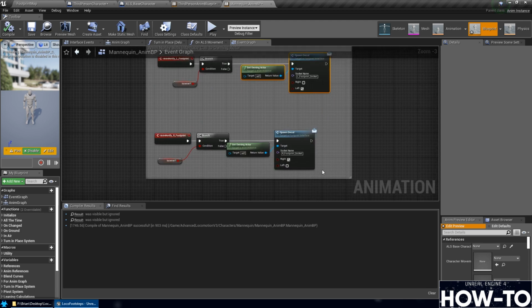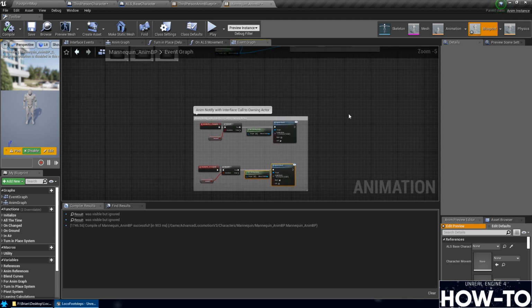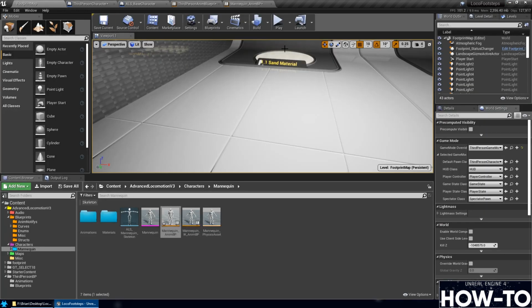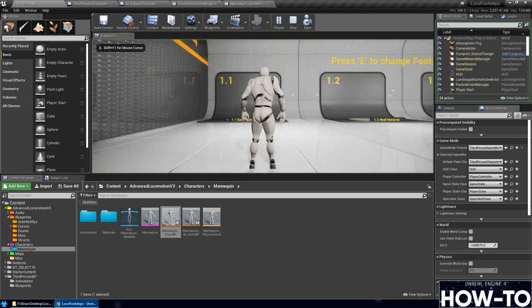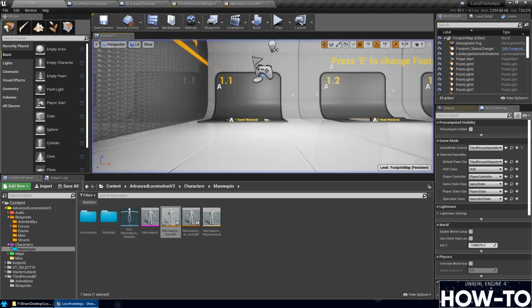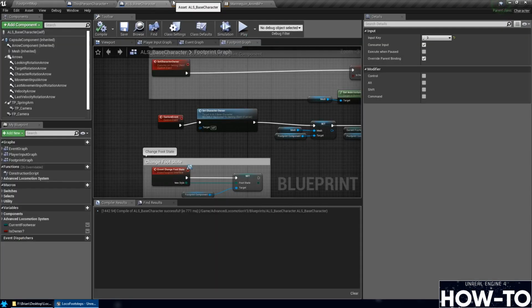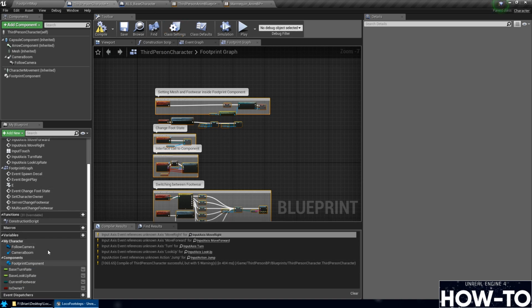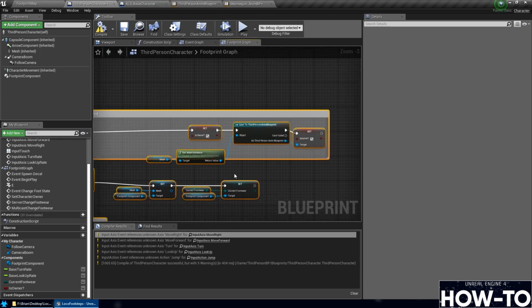Okay, so now we should be able to, first, let's hit play and let's see if everything works. And I already know whether it's going to work, but I want you to see. Okay, now I don't even have the ability to move. And the reason is if you look over here at this third person character, it's using the old one. First of all, we've changed all those inputs here to where they don't even work anymore. But we're not even really using anything on this system anymore. Of course, if we just switch it over,